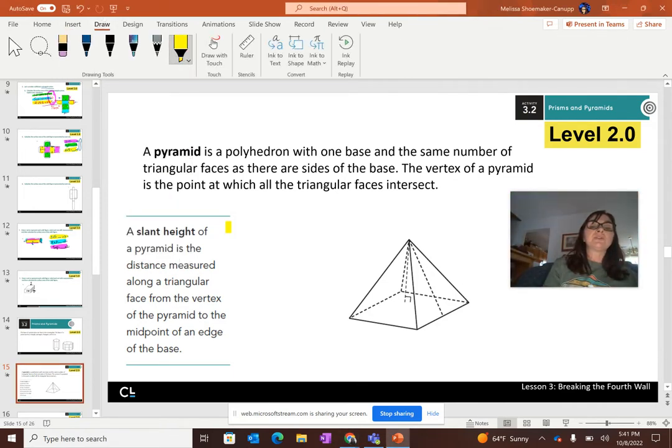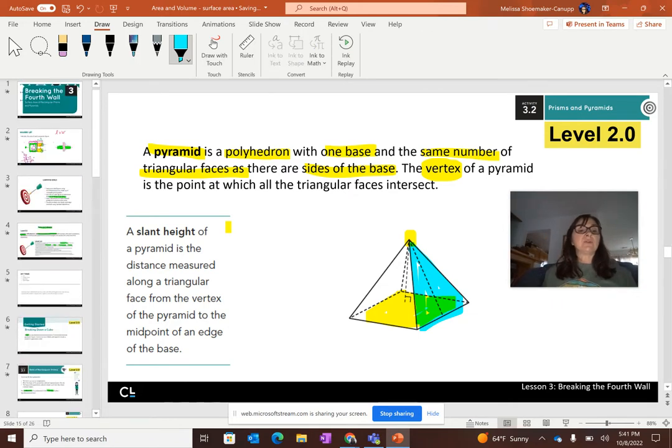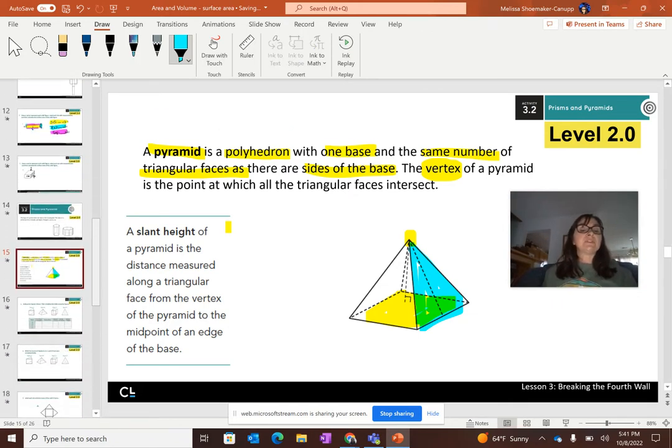And so we have the actual definition here of a pyramid. So I want you to make sure that you pause the video and put that in your online glossary in OneNote. A pyramid is a polyhedron with one base. Remember, the prisms had two, a lid. And so it has the same number of triangular faces as there are sides of the base. And then there's, of course, a vertex. That is a point. Okay, so we can see the one base, and then we see the triangular faces. So we have to review how to find the area of a triangle in order to find the surface area